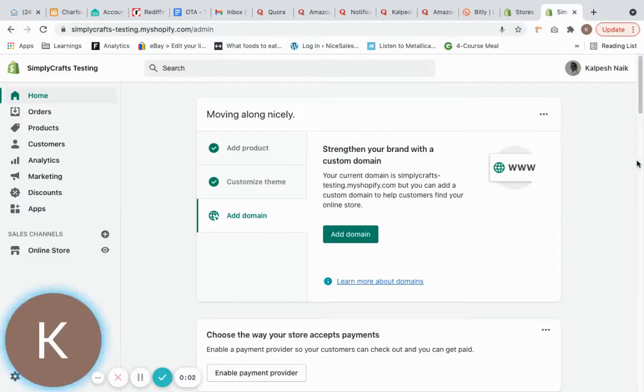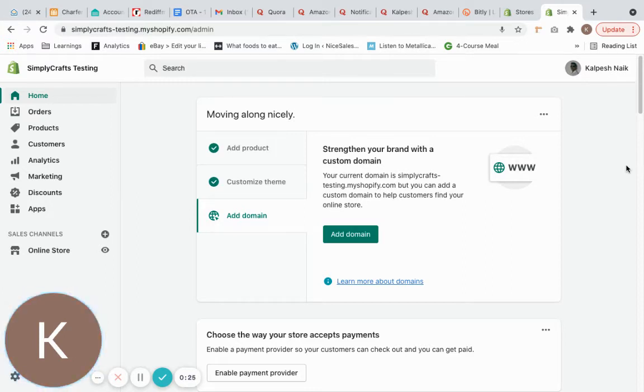Hi friends, I want to show you how to create discount and coupon codes on Shopify, as a lot of sellers have asked me this question. They just wanted to know how to create discount coupon codes on Shopify. So I'll take you through it step by step, and I'll create these discount codes on my shop and show you the same. So let's go.